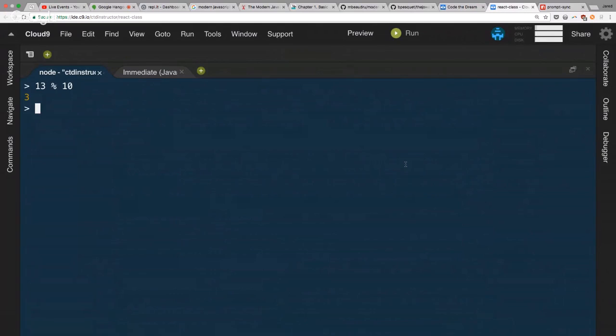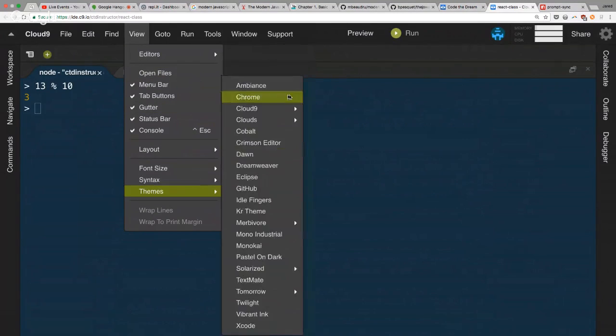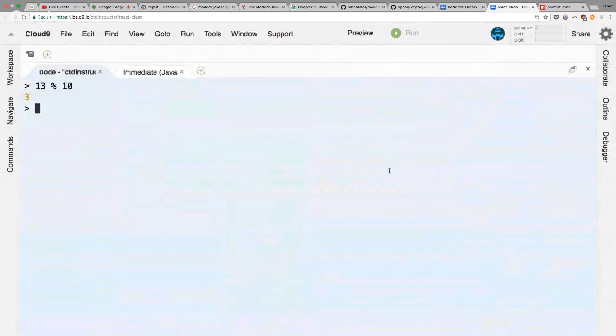Can you read that, or do I need to change the color? All right, let's see if I can change it. Is it easier? Yes. Okay. There we go. You guys make me suffer with a bright one. All